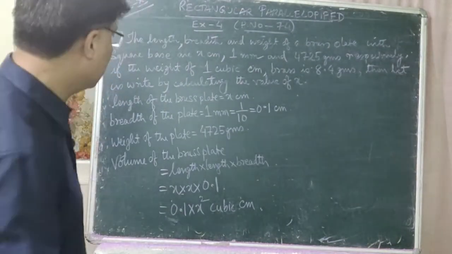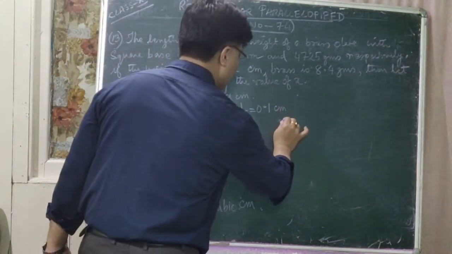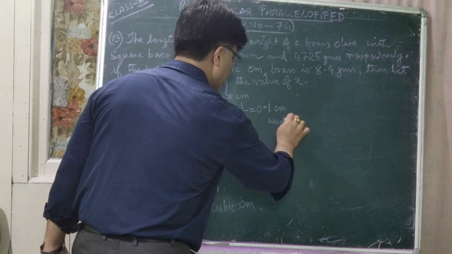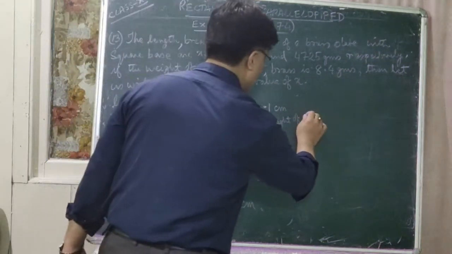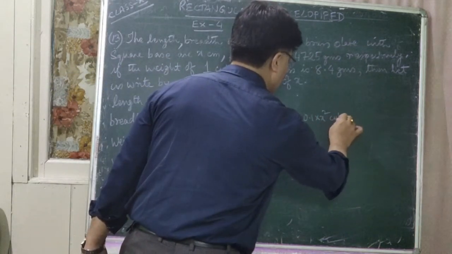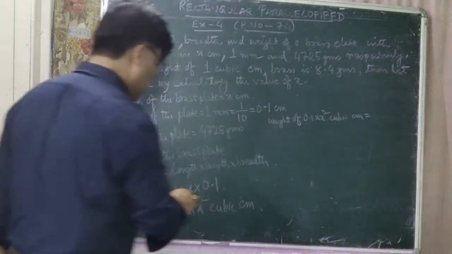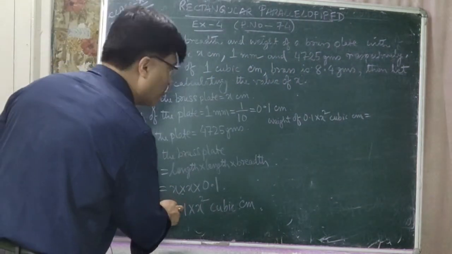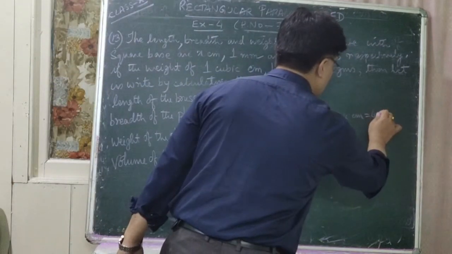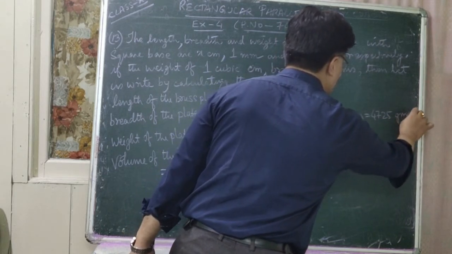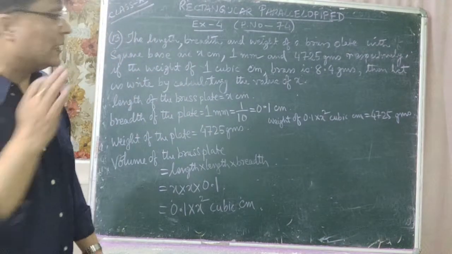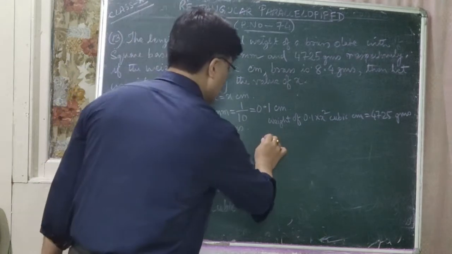So now let us write here: weight of 0.1 into x square cubic centimeter brass plate is equal to 4725 grams. Is that clear to all of you? Now from here, using the unitary method, let us find out the weight of 1 cubic centimeter. So therefore, weight